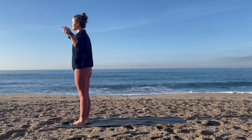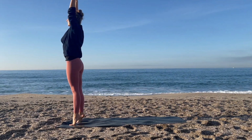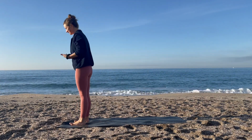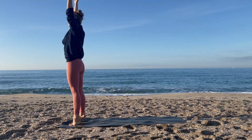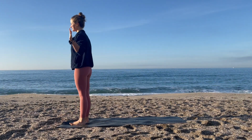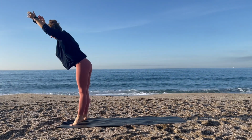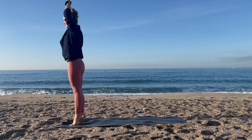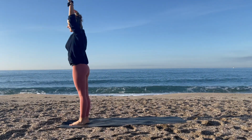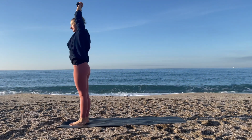Coming back to the body, feel the lengthening sensation reaching up. Exhale, lower. Two more times, inhale, lengthen. Exhale, elbows to your ribs. And last one, inhale, lengthen. Exhale to bend. Then with your right hand, grab your left wrist and let's do a side